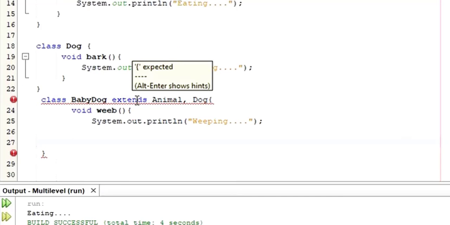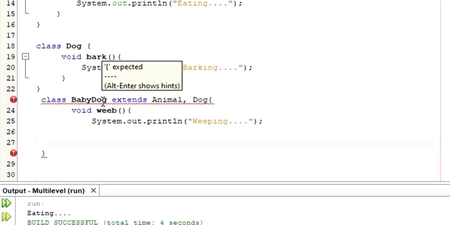As soon as I put extends Animal, comma, Dog, it gives us a big fat error, because multiple inheritance is not allowed in Java when you use classes like this. I'm sure that if you try the same in C++, it would work. But in Java, when you use classes for multiple inheritance, not multi-level, it will give us